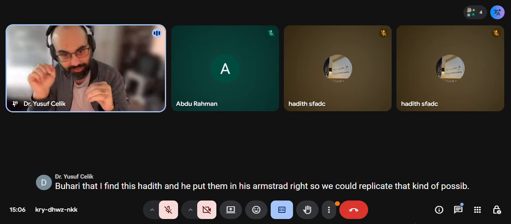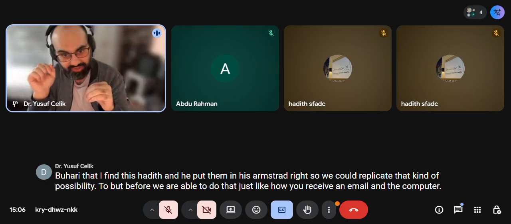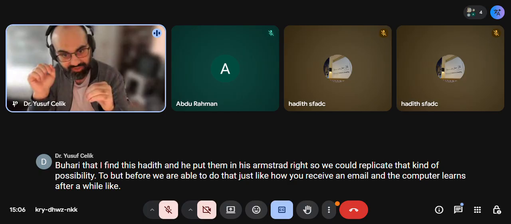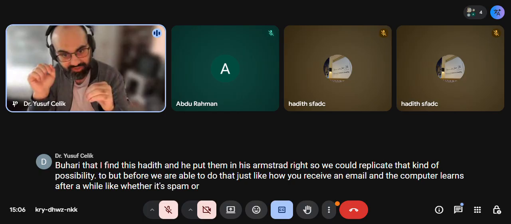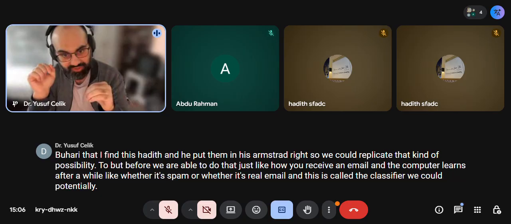So we could replicate that kind of possibility too, but before we are able to do that, just like how you receive an email and the computer learns after a while whether it's spam or whether it's real email, and this is called a classifier. We could potentially also build a certain classifier that was able to maybe challenge and contest this idea of, hey, this is a sahih hadith, or this is hasan, or even mawdu, for that part, because it could see after a huge amount of data,